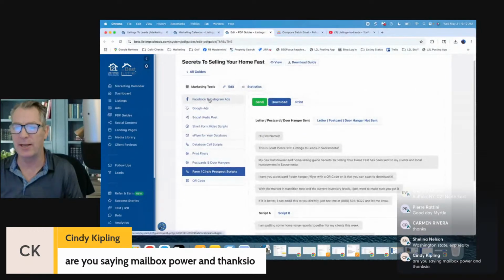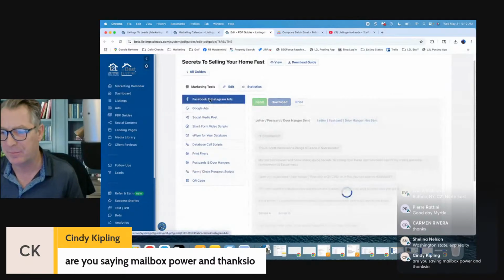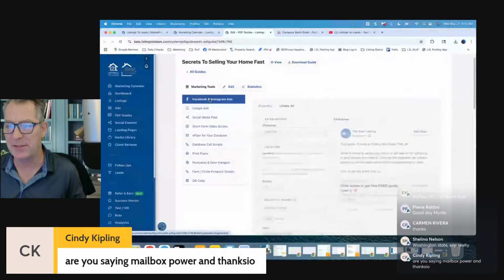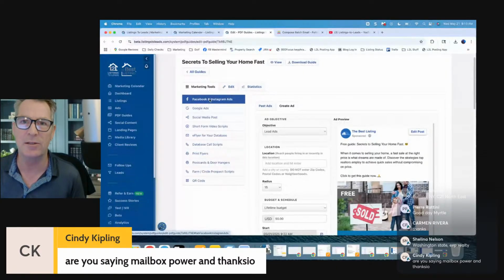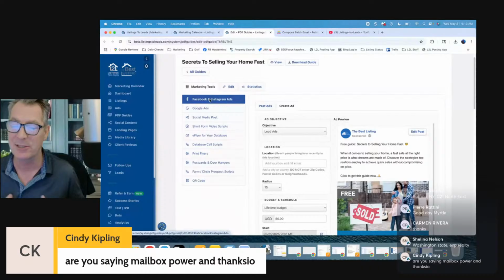All right, so let's look at Facebook and Instagram ads. So there's a couple of things that you can do here. One is you can run the ad to the general audience, but you can also retarget if you have a custom audience. These leads are typically going to come in between $10 to $15 to $20 each for a seller lead. So again,